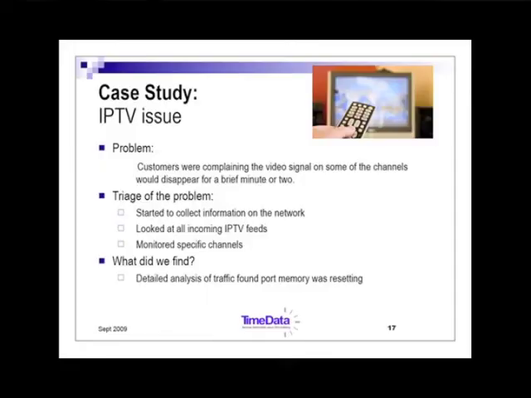Here's another one, an IPTV issue. Customer was complaining that the video on some of the channels was disappearing for a brief period of time. What was the problem? We couldn't see, and since it was an intermittent problem, and it only occurred at certain times of the day, we had to resort to collecting traffic, looking at the feeds, and monitoring the specific channels. What did we find? Well, we found on one interface card on one of the feeds to another DSL device